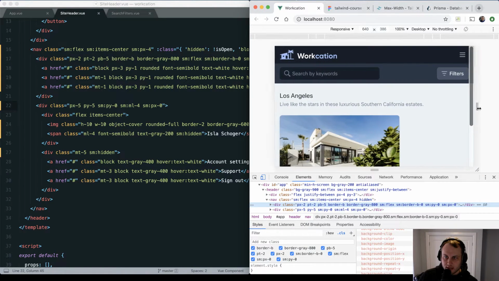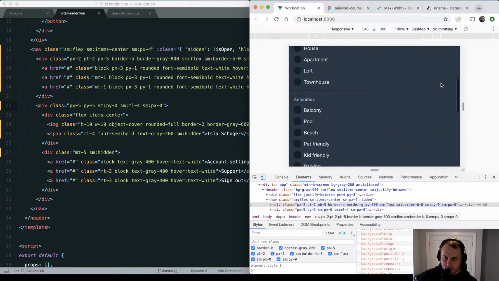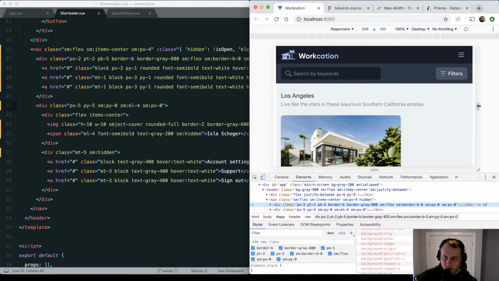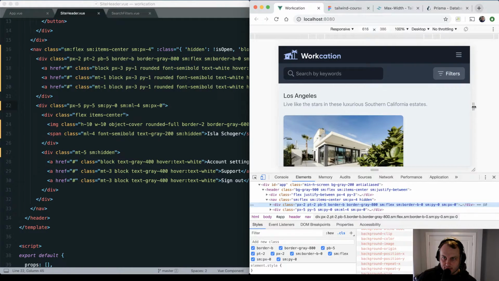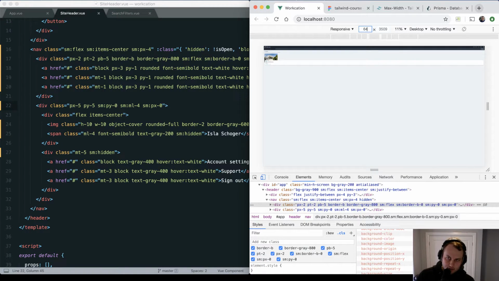Let's make sure we didn't break anything on smaller screens. So this still works. Everything inside there still looks correct. This still looks okay. Yeah, so that's the first step. We have a bit of a menu in place here. So next thing I want to look at, holy smokes,